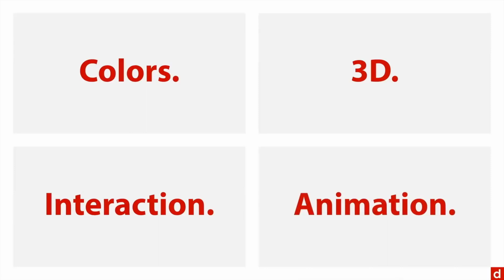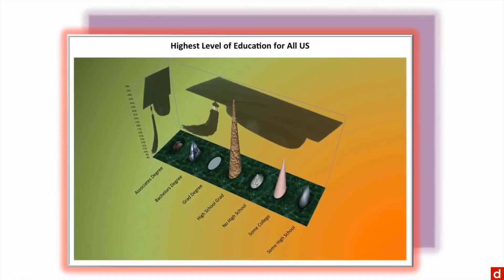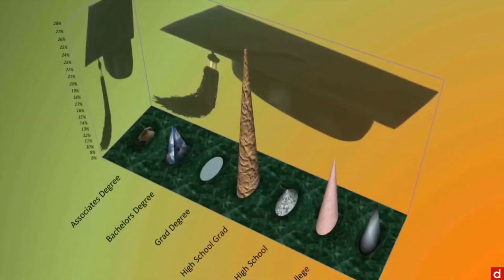Let me give you a quick example of how not to do things. Now, this is a chart that I made. I made it in Excel, and I did it based on some of the mistakes I've seen in graphics submitted to me when I teach. And I guarantee you everything in here I have seen in real life, just not necessarily combined all at once. Let's zoom in on this a little bit so we can see the full badness of this graphic. And let's see what's going on here.